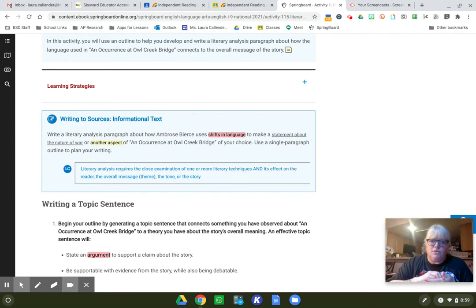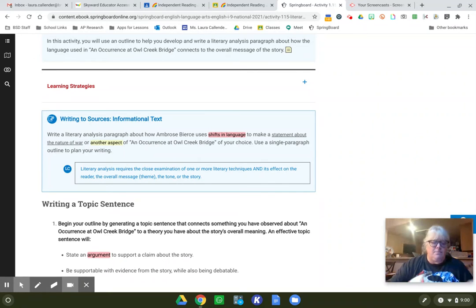So what we need to look at here is, what are the techniques that Ambrose Bierce uses? So this one that I'm going to model uses shifts in language. So that's the technique I'm going to talk about. Some of you might talk about his use of flashback. Some of you might talk about his use of imagery or telling details. Some of the other